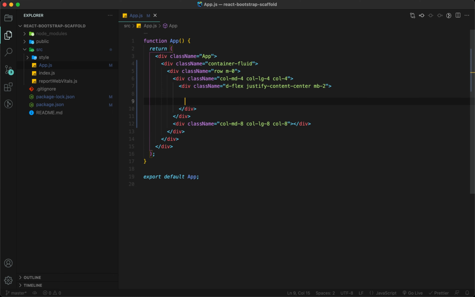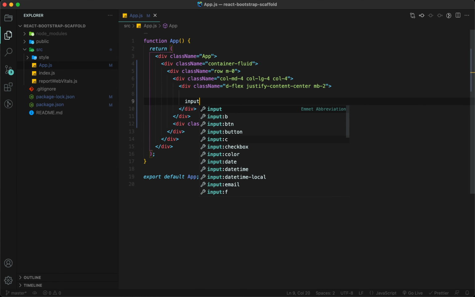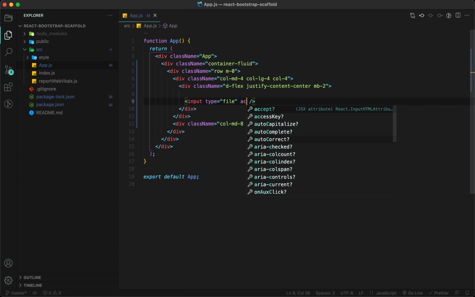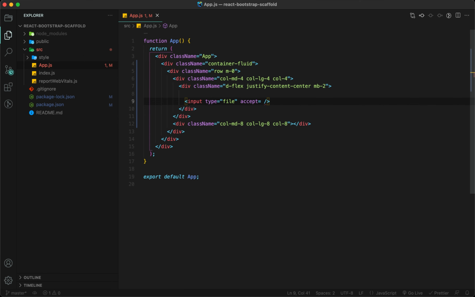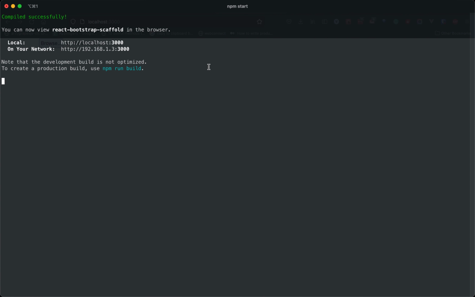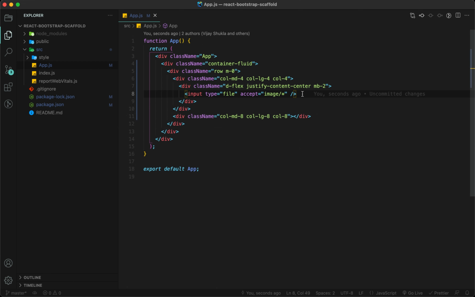And here I'm going to create one input of type file, and this file input will accept only images, so it will accept all kinds of images. See, we have one input field here, and now I'm going to add some buttons here.